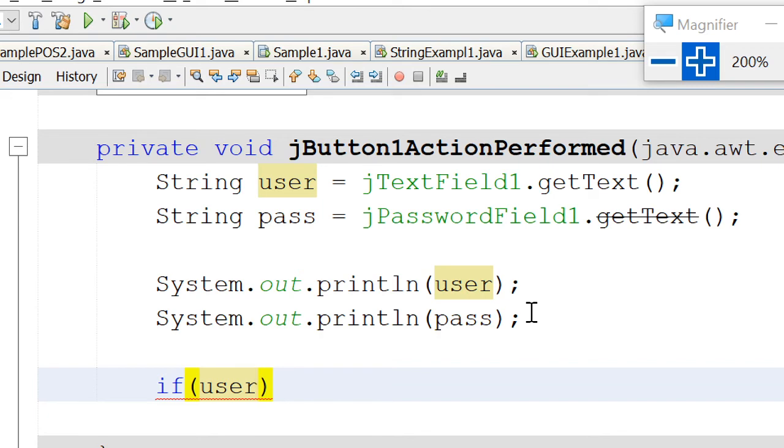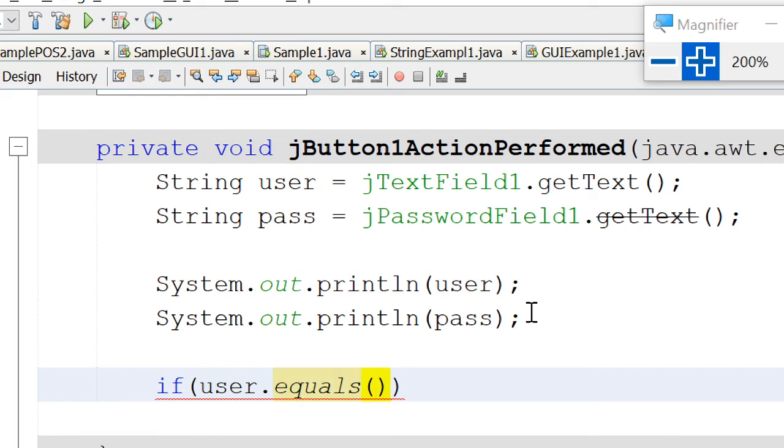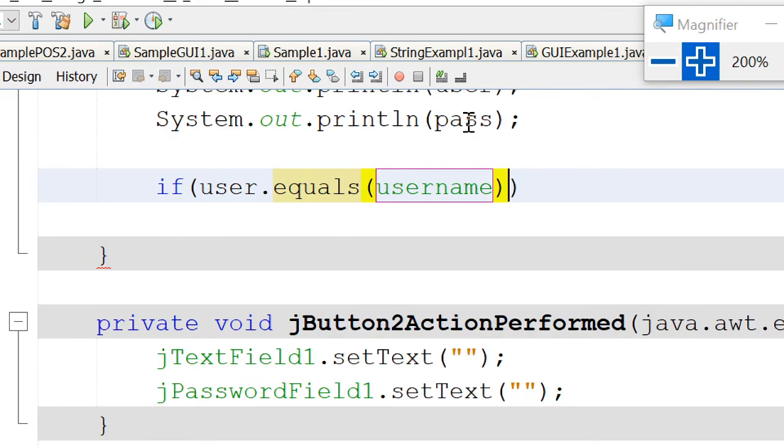So Richie said equals, so we will use equals. Compareto is okay, but its output is an integer, while the output of equals is true or false, or the boolean. So we'll just use equals: user.equals, and username is the actual variable, the actual attribute. So we compare whether user.equals(username). Okay? And then